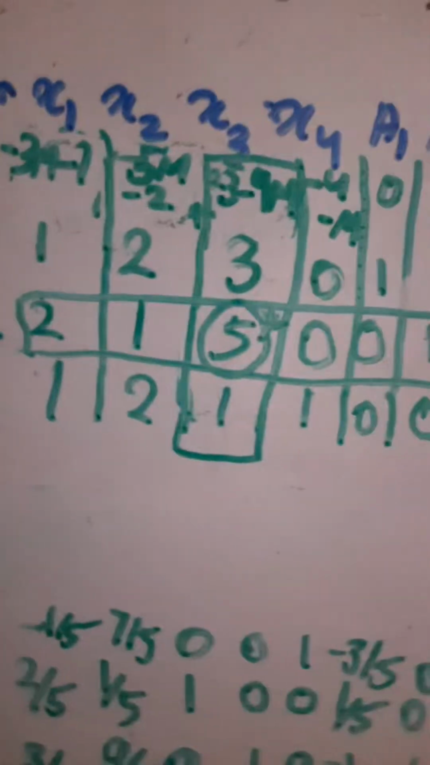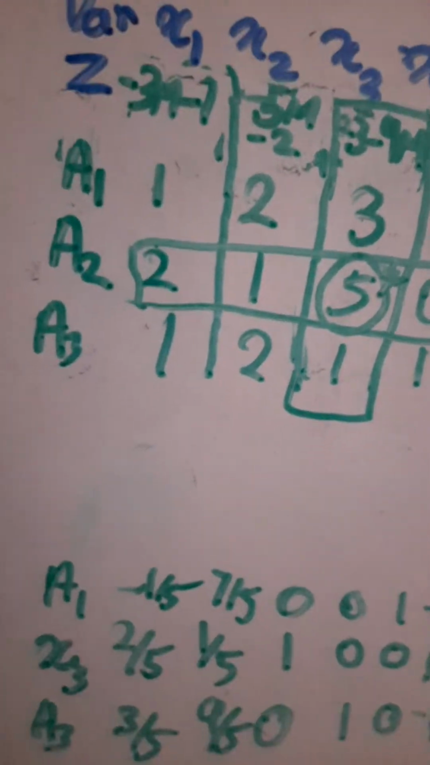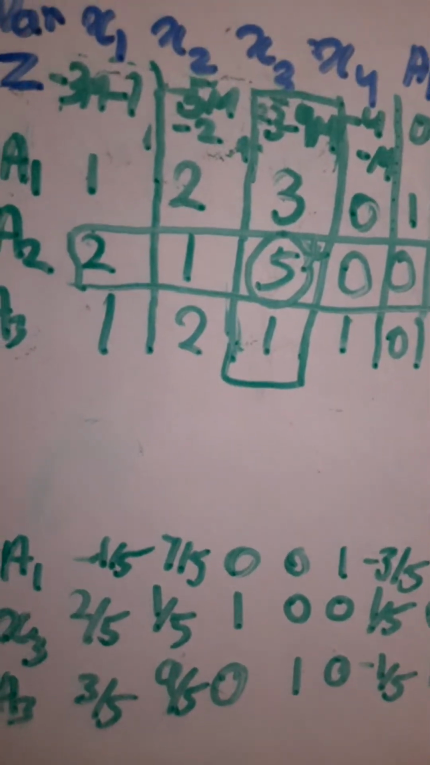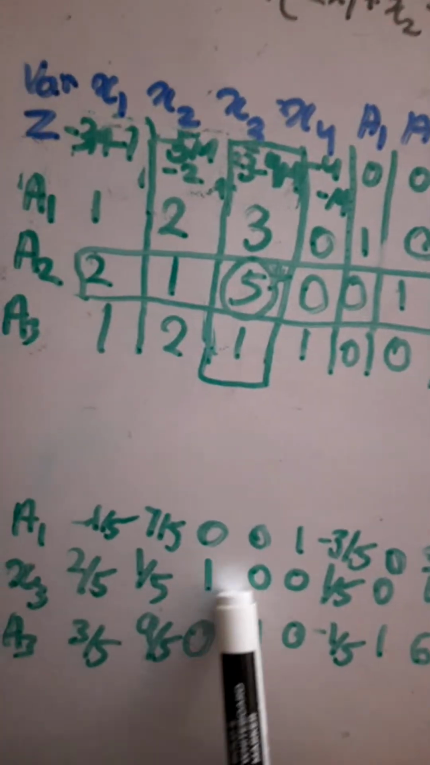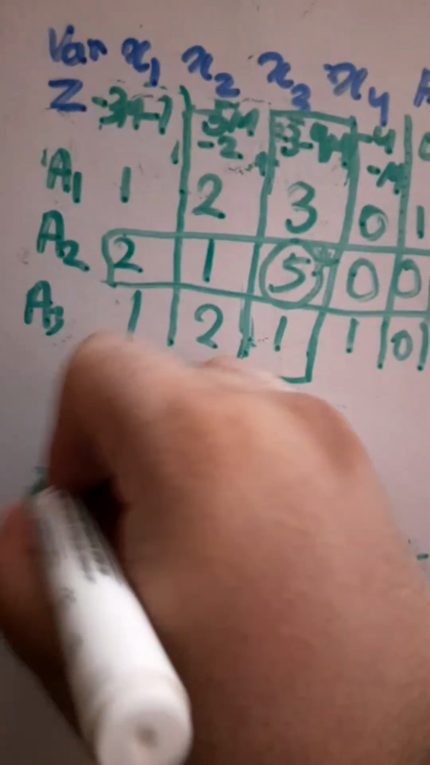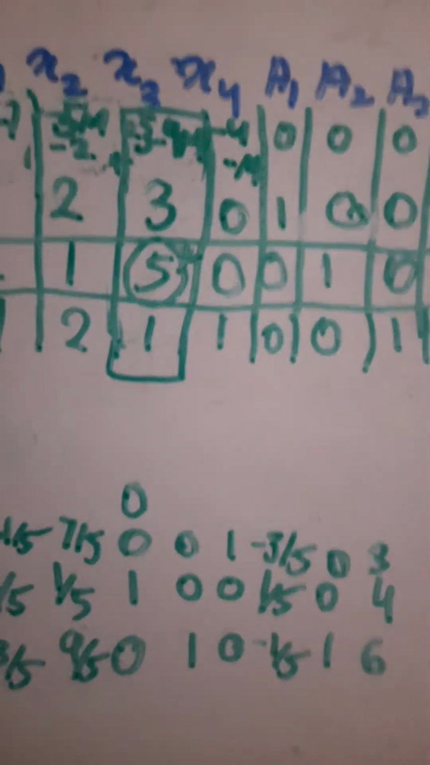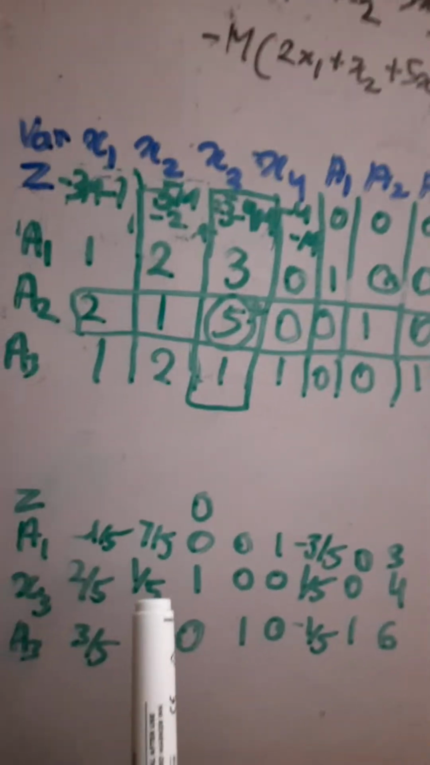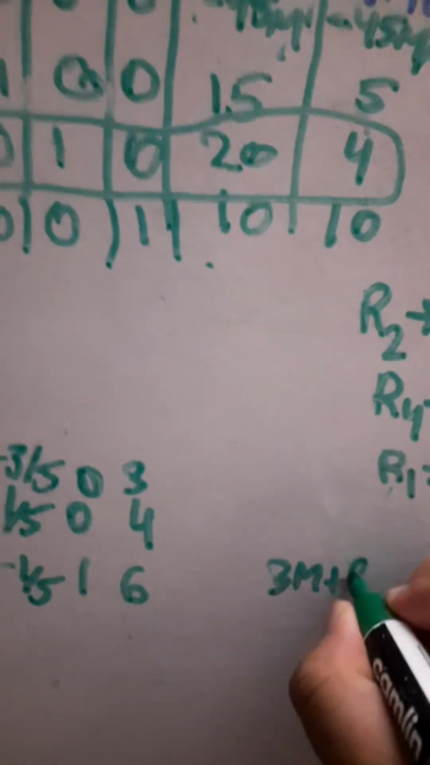Let's see. Wait a second. Yes, this is 1. 3m plus 9 minus 3m minus 9 is 0. Wait a second. Zero. So we got 0 here. Now 1 by 5 into 3 plus 3m plus 9, 3m plus 9 by 5. Okay, 3m plus 9 by 5